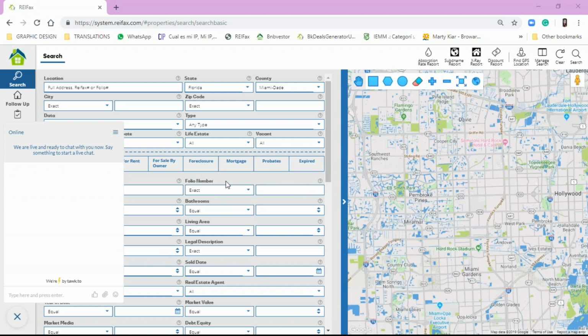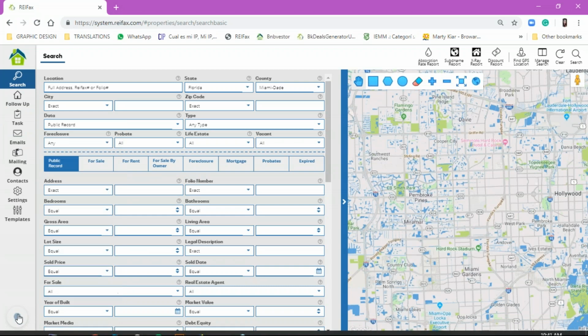Back in the pre-foreclosure, how can I select for sale by owner only? Okay, that's very simple as well. All you need to do is,